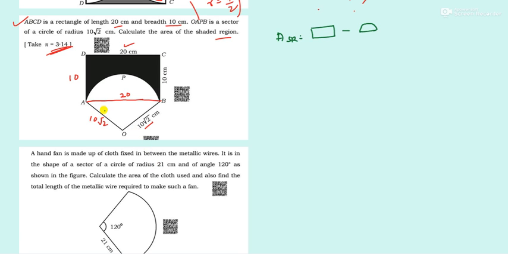See, since this is a semicircle, correct? This is a semicircle, isn't it? Because this is a straight line. So angle formed over here will be 90 degree, correct? So if this is 90 degree, we can find the area of this total sector, correct? So let us find area of